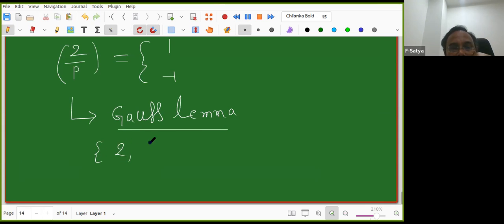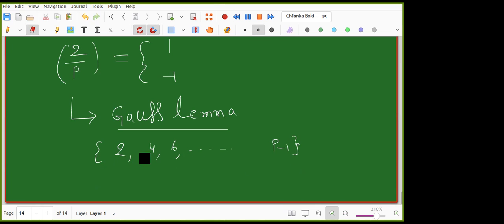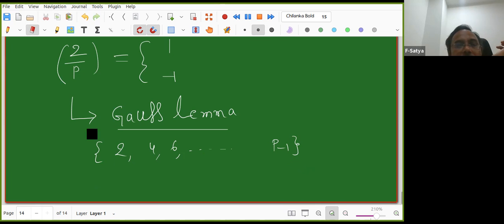Yeah, so 2, 4, 6 and so on, up to, of course, depending upon the prime. If the prime is 5 only, then I do not go up to 4, I will stop, right? I'll go up to p minus 1. Do you understand this? My S is equal to a into 1, a into 2, up to a into (p minus 1) by 2, but my a equals 2 here. What do I do next? I divide all of them by p and take the remainders, but these numbers are already less than p. So I need not take remainders now. See, is it not beautiful?